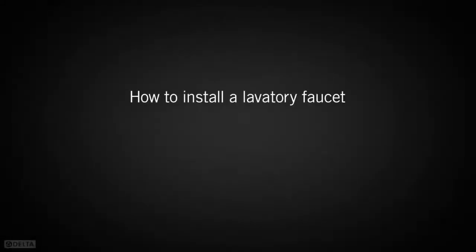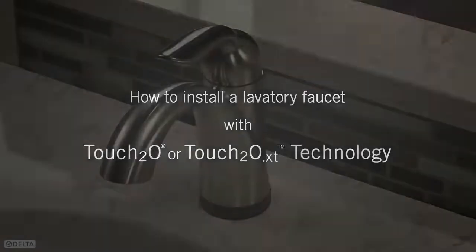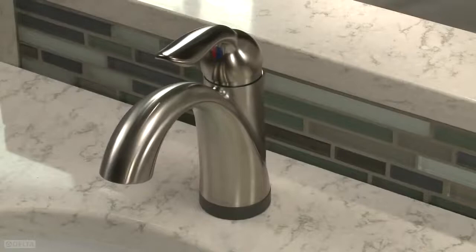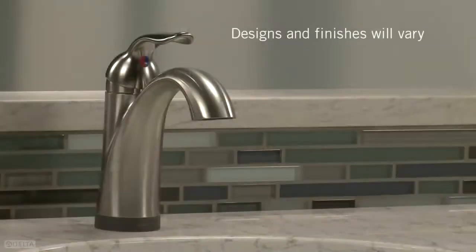How to install a Delta lavatory faucet with Touch 2.0 or Touch 2.0 XT technology. The goal of this video is to walk you through installing your new Delta faucet with Touch 2.0 or Touch 2.0 XT technology. While we will be using the faucet design shown here, your faucet may look different since designs